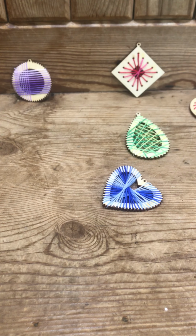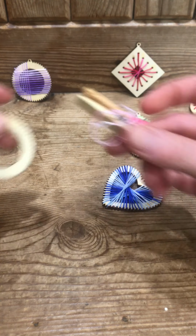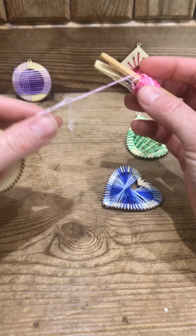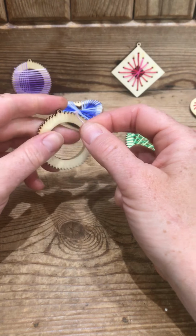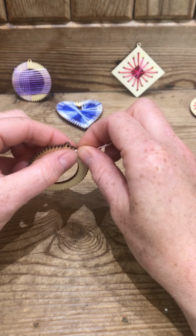I'll talk you through the circular one just very quickly. Where's my thread? Here we go. Again, starting from the skein, which is just always best when you're dealing with these ones. So on this one, holding it at the back,